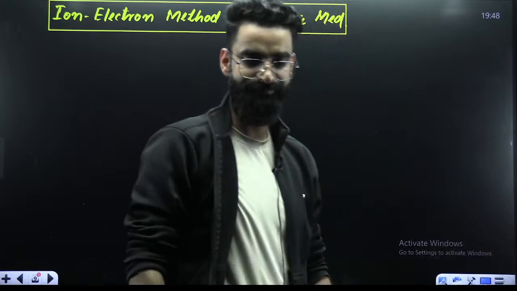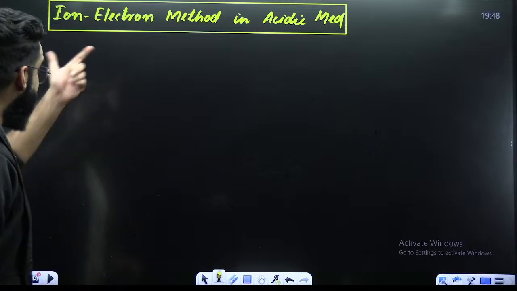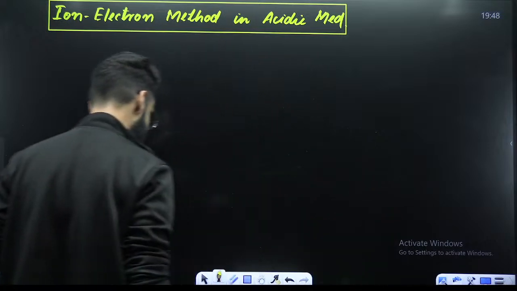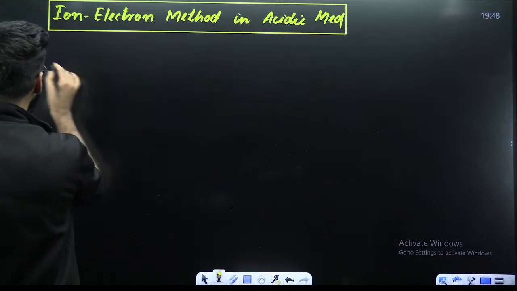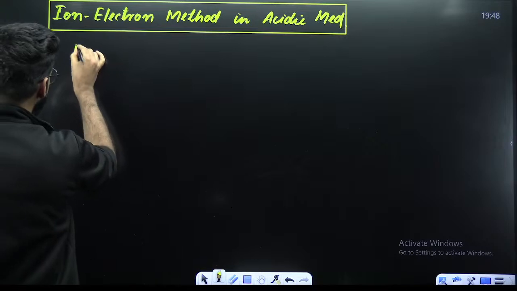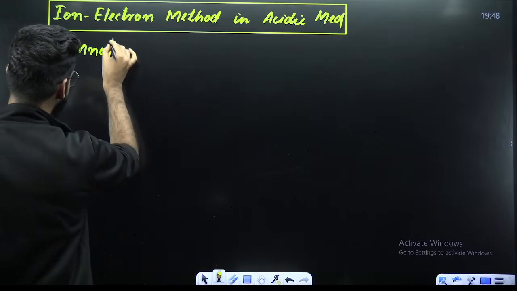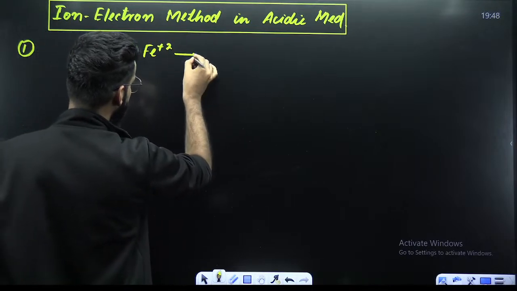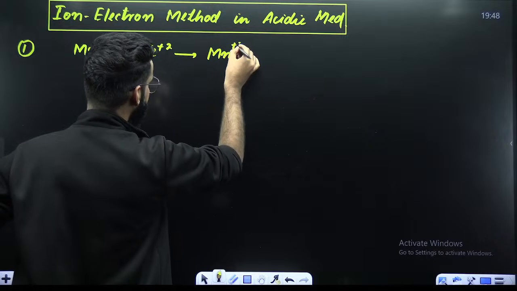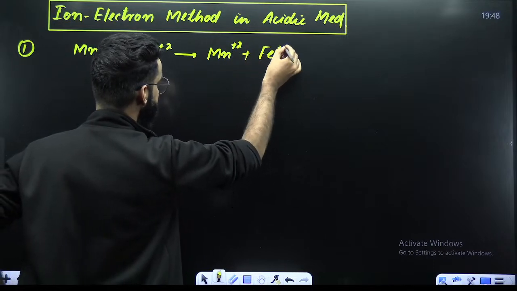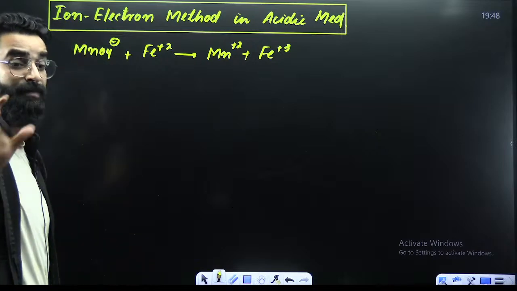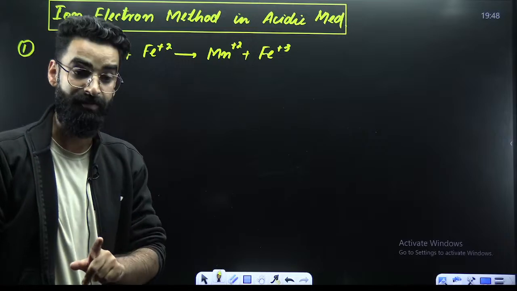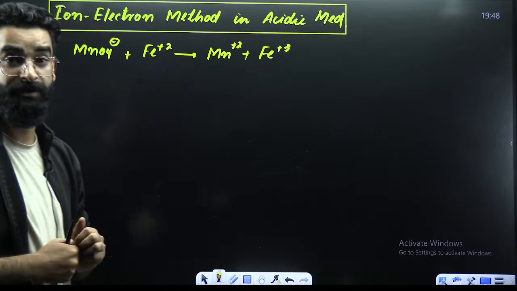Yeah, now it's fine. All right, people. So let's exactly get to know the ion-electron method in the acidic medium. Let me take certain examples so that you'll understand it properly. For example, let's say I'm taking the same reaction, MnO4 negative, which we already balanced with the help of oxidation number method, plus Fe di positive. It gives Mn di positive plus Fe tri positive. See, this was one reaction which we already balanced with the help of oxidation number method, right? Now, the same reaction we are going to balance with the help of ion-electron method. Understand? Because there is something important which I'm going to tell you now.